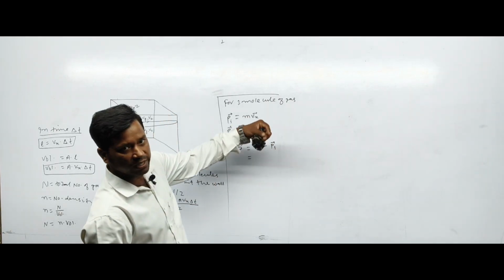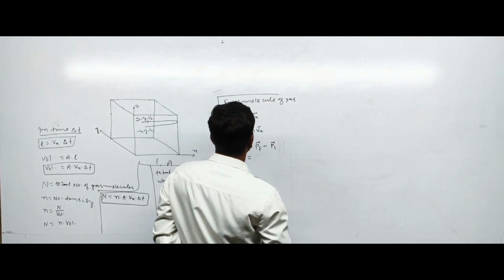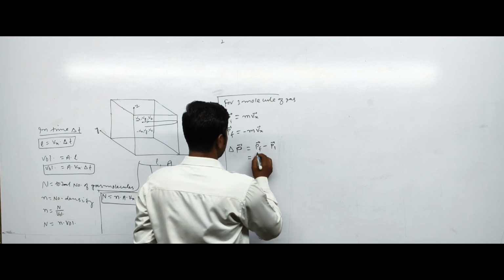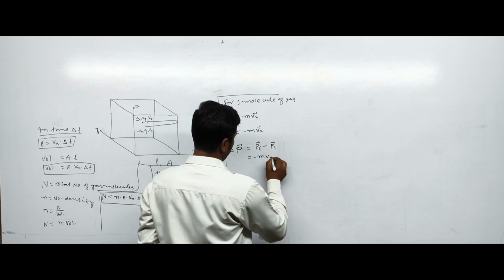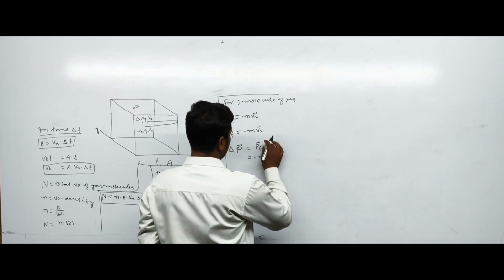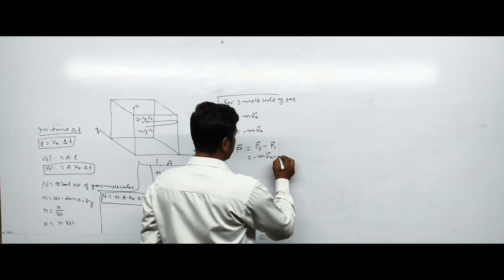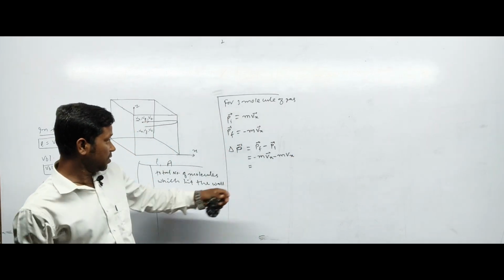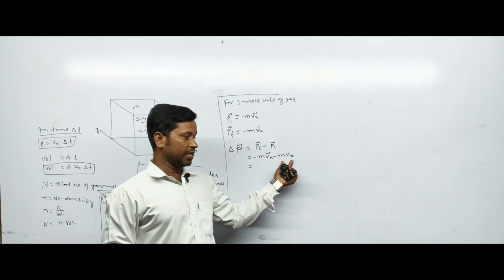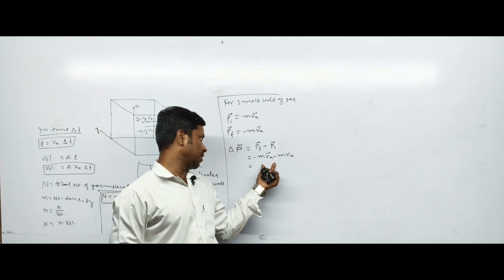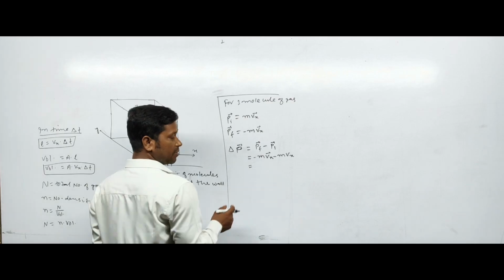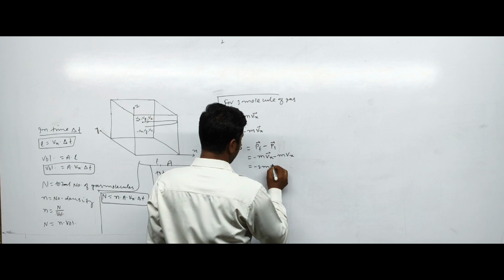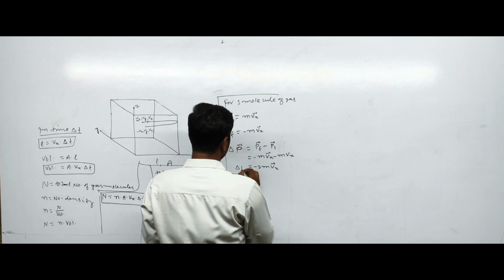Simply put in the values: the final momentum is minus m Vx, and the initial momentum is m Vx. As both terms are negative when subtracted, they add up, but the sum is negative. So minus 2 m Vx is the change in linear momentum